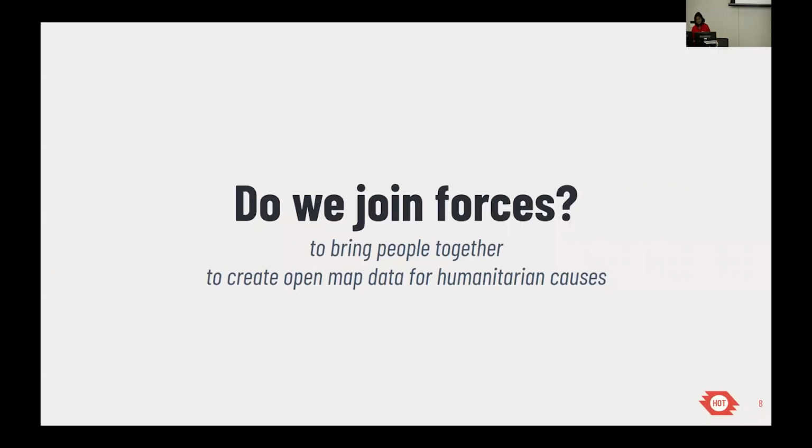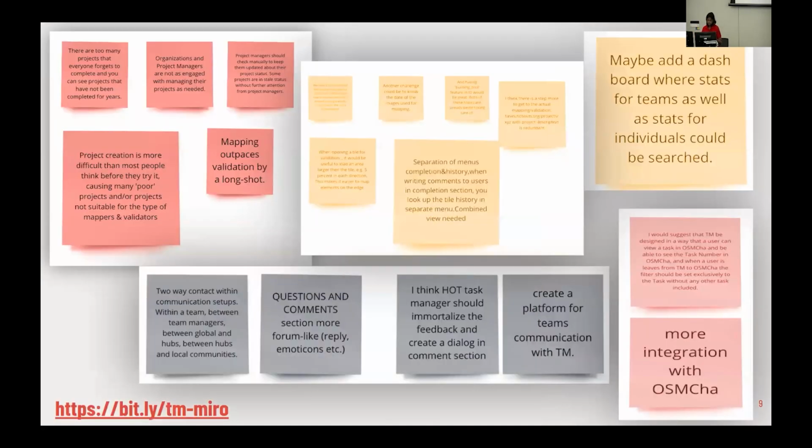But how do we do this? We need more support from the community to continue the development around Tasking Manager, in the form of code development or help through research on the user experience design. In order to identify what streams of work the community could support us with, we ran a user input